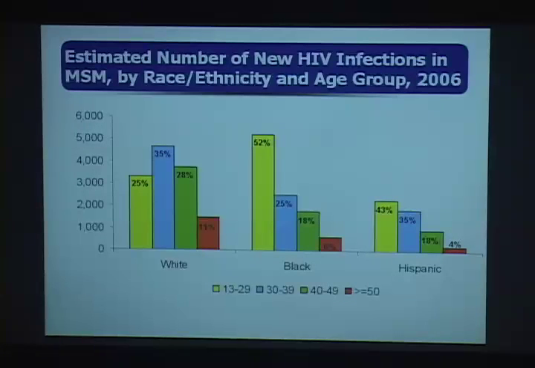I'd like to draw your attention to the middle set of bar charts, which focus on black men who have sex with men, where we see peak HIV incidence. The majority of HIV incidence is occurring among young black gay men, about 52%. So more than half of new infections among black gay men are occurring in that 13 to 29-year-old age group, and substantially less in older age groups over time. We see a similar pattern for Hispanic men who have sex with men, although not the tremendous burden of disease which is occurring among younger MSM relative to other age groups. And among whites, HIV incidence peaks at a slightly older age group, among the 30 to 39-year-old age group, with subsequent declines